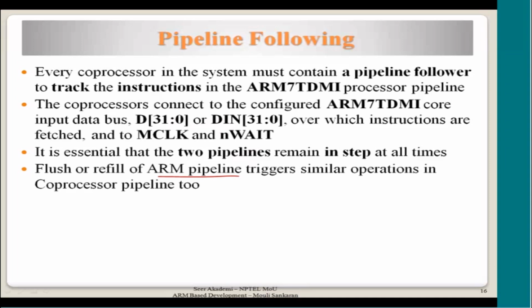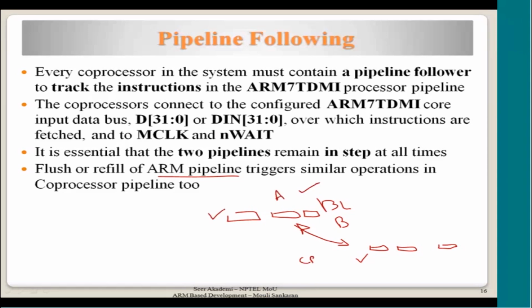And flushing and refilling of ARM pipeline, when will it happen? Suppose ARM is executing a branch with link or branch instruction. What happens to the pipeline? It gets flushed. But what happens to the coprocessor pipeline? They also get flushed. Okay, so they mimic what the ARM does. All the coprocessors are dancing to the tunes of ARM. Whatever ARM does, the coprocessors also will do, because only then can they be in sync in